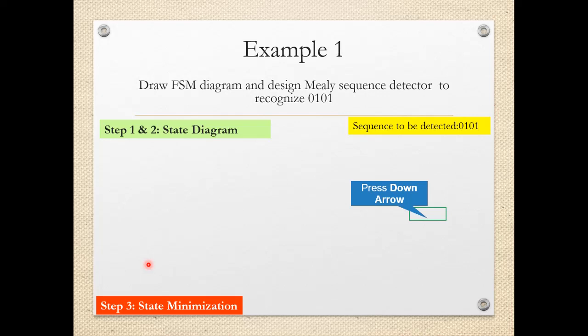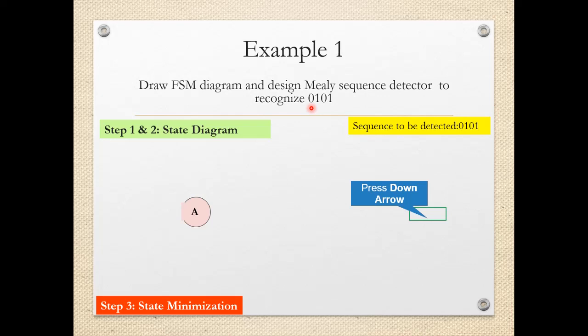In the state diagram, the first state will be the A state, which is called the reset state. Now, as we have to draw the Mealy sequence detector, the output will depend upon the present state as well as the input. We have to check the input every time. The stream of bits, zeros and ones, will be coming, and we have to check that bit every time. So one by one we have to check each bit.